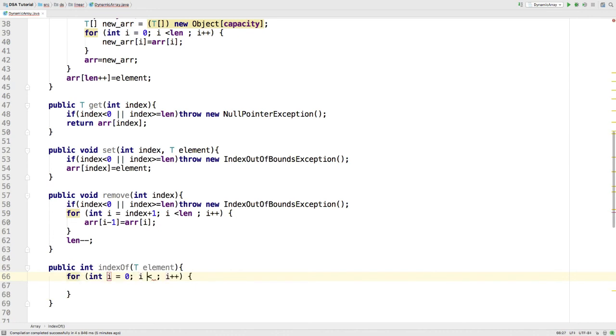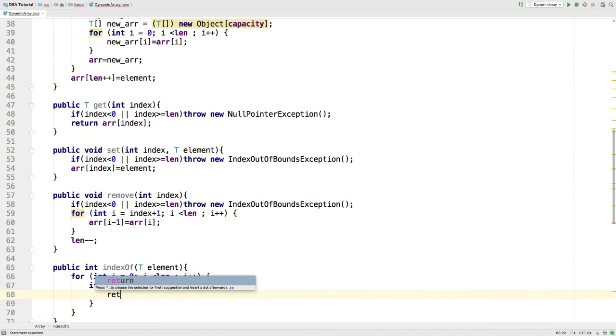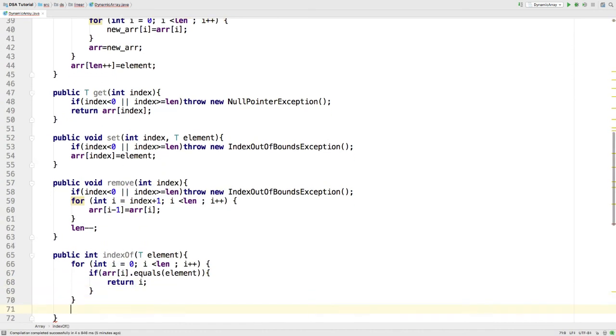Now I have to search the element in the array. I'll say if arr[i].equals(element), I'll simply return the index. If the element is not found, I'll return -1.